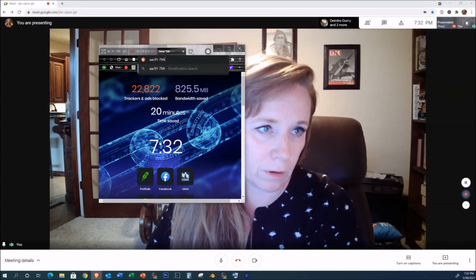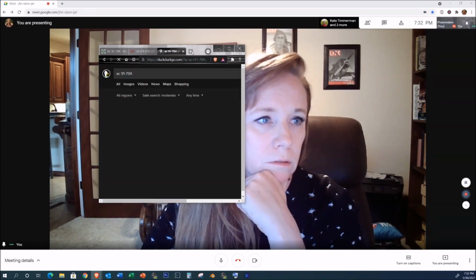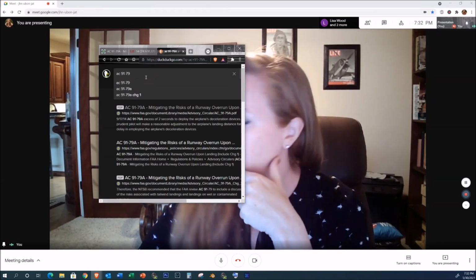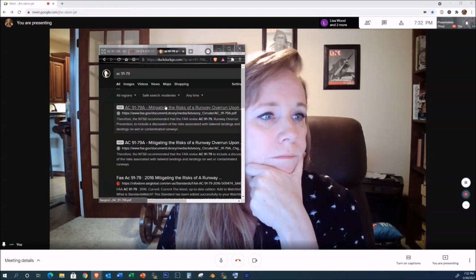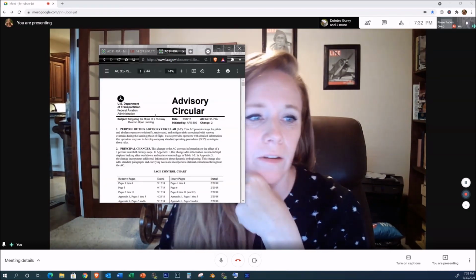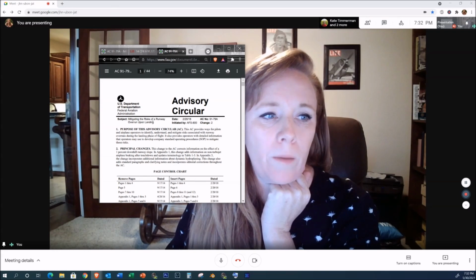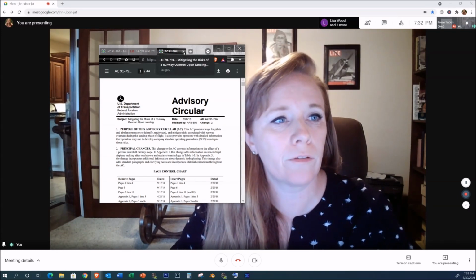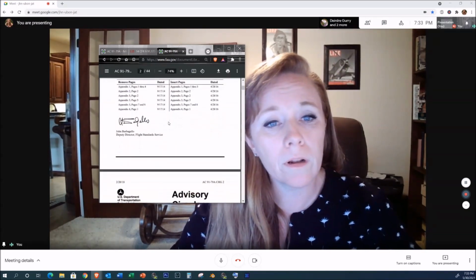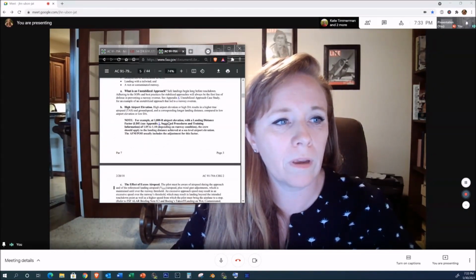You always want to make sure that you're using the most up-to-date stuff. Actually, I want to take off the A and go to the FAA site. And it looks like A is still the active one. So, mitigating the risk of a runway overrun upon landing. And there's some information in this advisory circular on how not to land and go off the end of the runway. Now, in the little airplanes that we're typically flying, it's not going to be a big deal. But this is something that's worth skimming